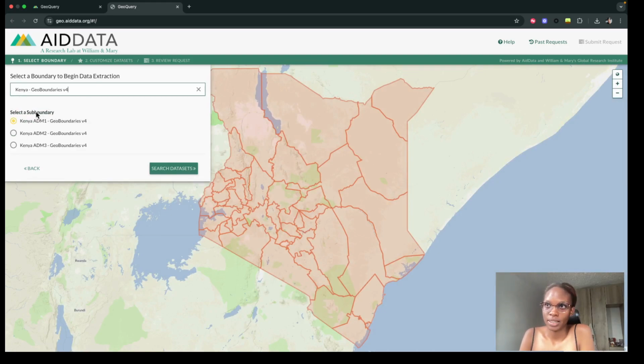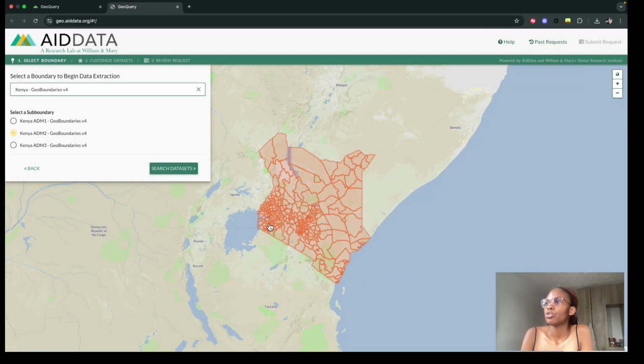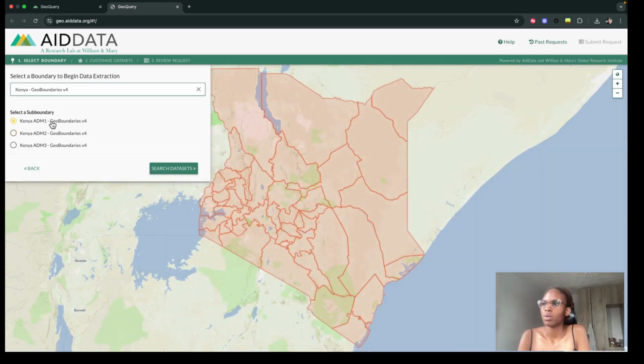So we can select the type of boundary that we want, and the difference is just the granularity that exists. When you check out the two, we see it's split into more divisions. But we'll just go with our ADM1, which is our county. So that should be about 47 counties that are present in Kenya. And when we search it, we are going to find